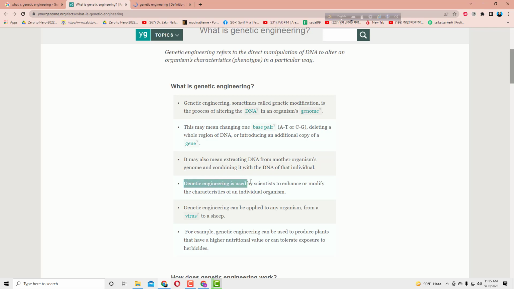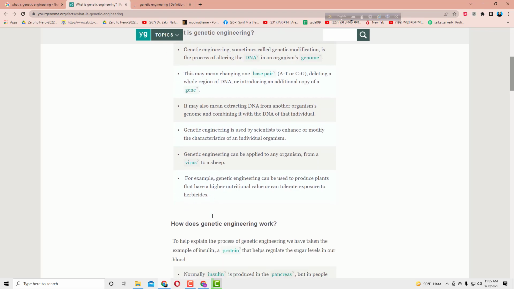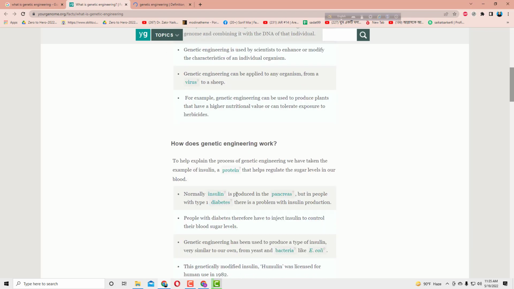Genetic engineering is used by scientists to enhance or modify the characteristics of the individual organism. Genetic engineering can be applied to any organism from a virus to sheep. অর্থাৎ জেনেটিক ইঞ্জিনিয়ারিং ক্যান অ্যাপ্লাই টু এনি অর্গানিজম, যে কোনো ধরনের অর্গানিজমে অ্যাপ্লাই করা যায়, ফ্রম এ ভাইরাস টু এ শিপ।